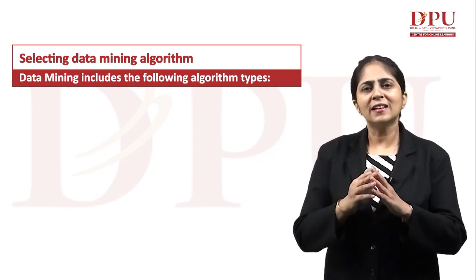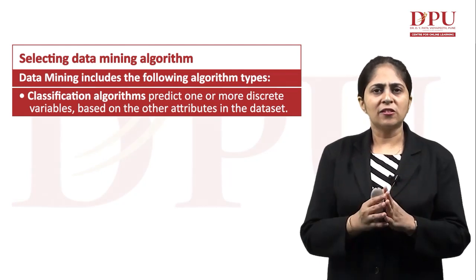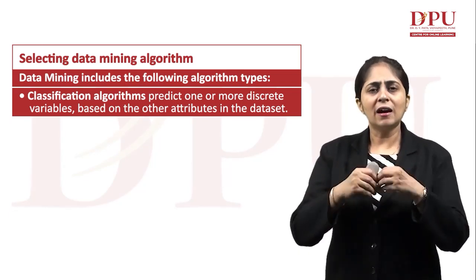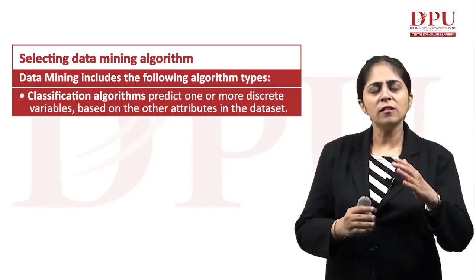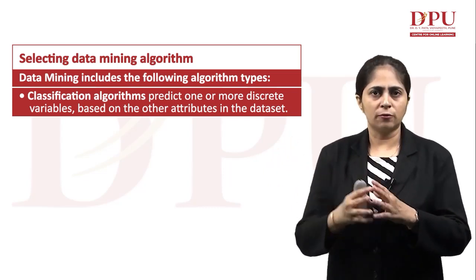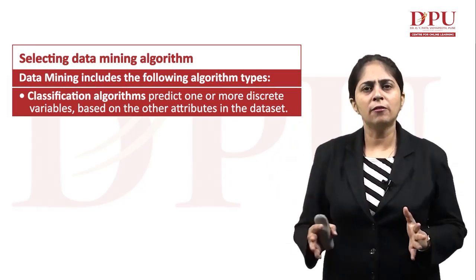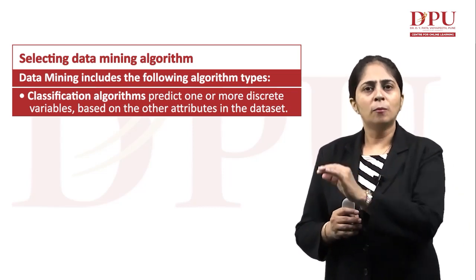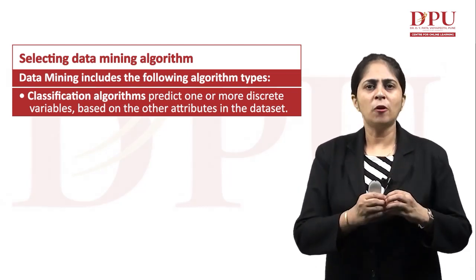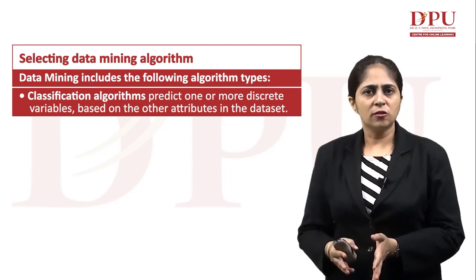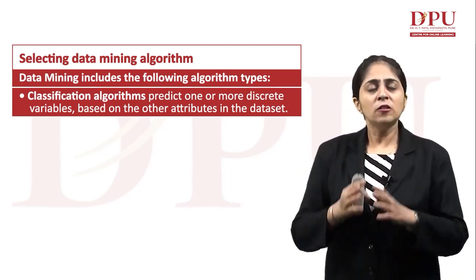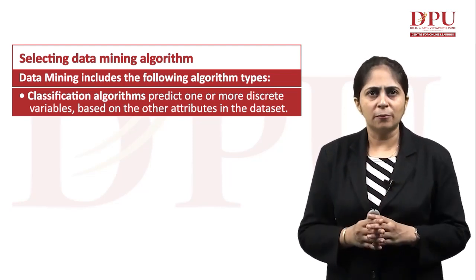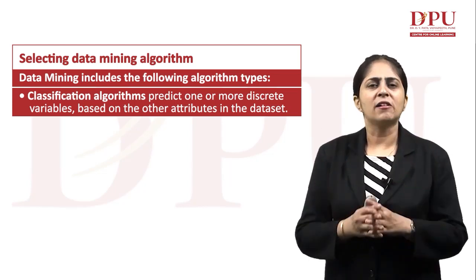Like the first one, which is the classification algorithm. Classification means dividing into different groups, like by the characteristic of any object. You just have to classify it into different groups. Like if you have been given various balls of different colors: red, yellow, blue. So you just have to pick up red balls and keep them together, yellow balls together and blue balls together. So this is classifying. That means to predict one or more discrete variables based on the other attributes in the